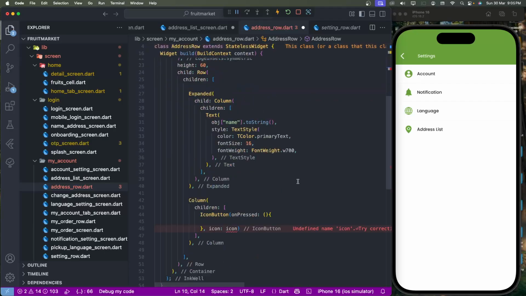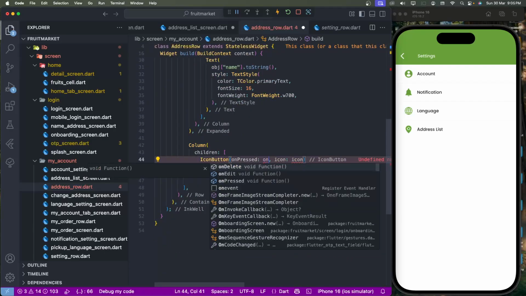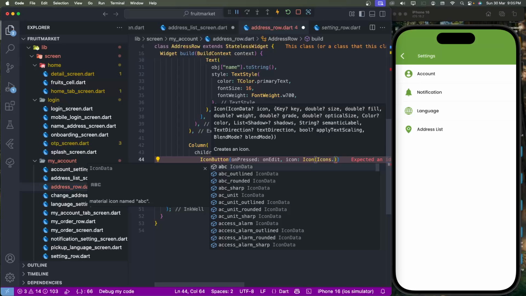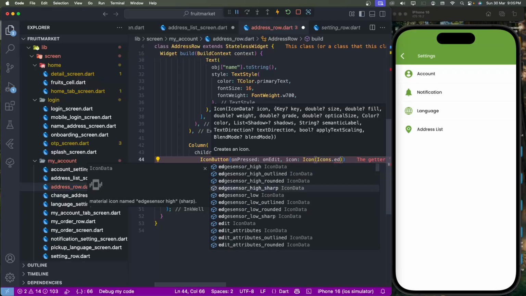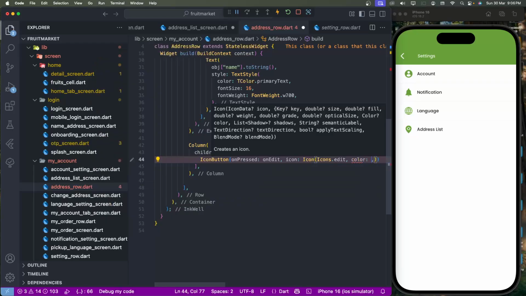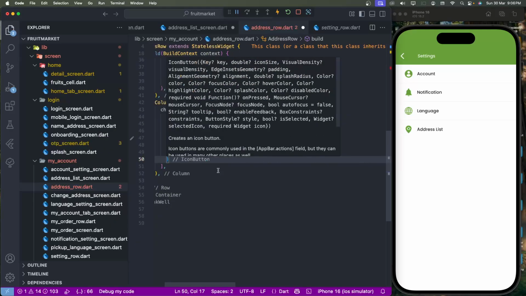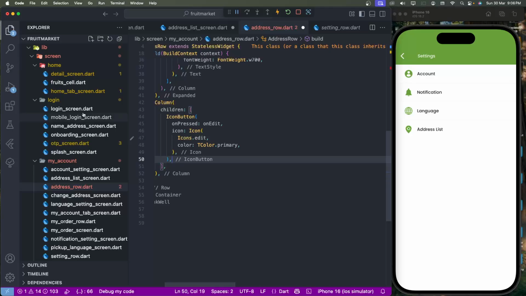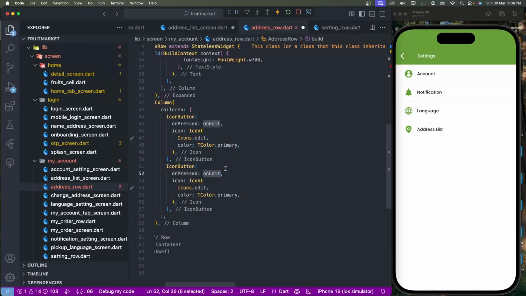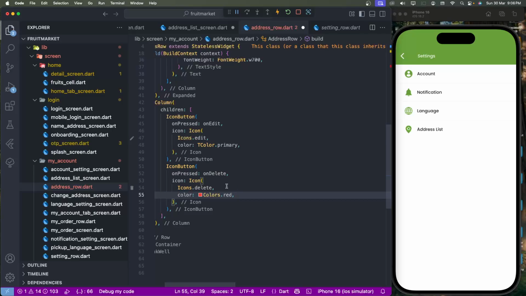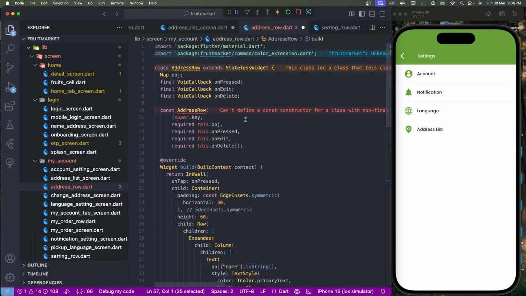Then after, we need to go and write down onEdit, set the icon, and write down the edit icon. We need to put it here, set the color, the primary color, so we configure this UI. Then after, copy and paste this here. Now we need to write down onDelete, and set the delete icon, and set the color red, Colors.red, and set it for this UI. Like we need the configurations here,